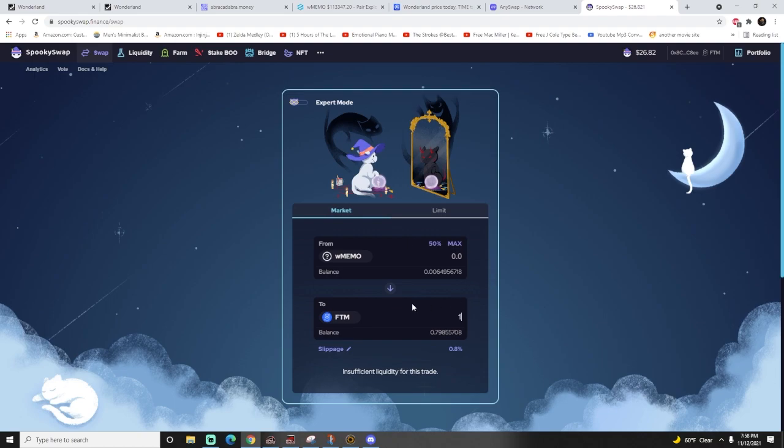So this is actually cool that it says insufficient liquidity for this trade, because I now remember